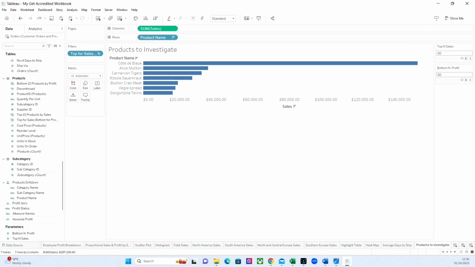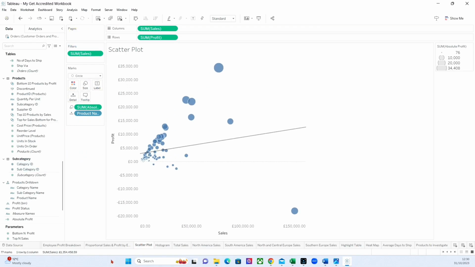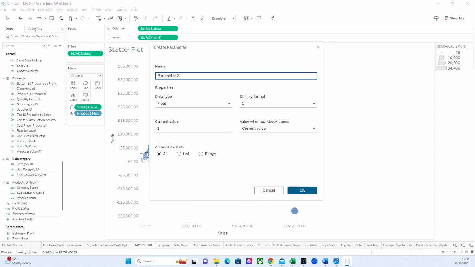I'm going to use another example now of parameters, and we're going to use something called case statements. I'm going to click into the scatter plot worksheet tab. I'm going to remove the country from pages, we don't need that anymore. I'm going to create a parameter here, so click the downward arrow and choose create parameter. I'm going to call this parameter detail selector,